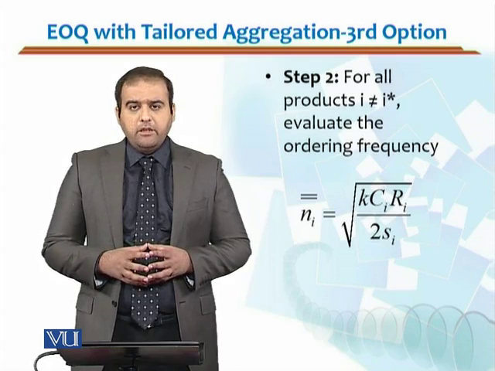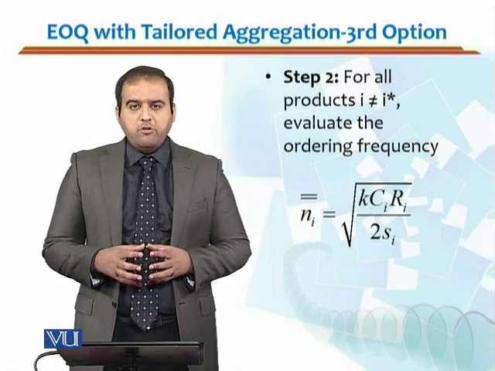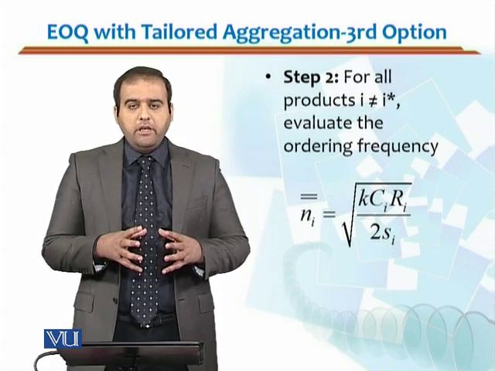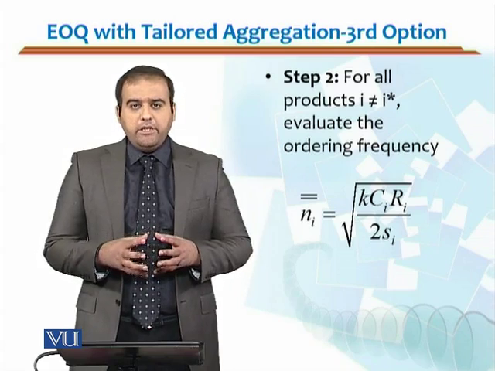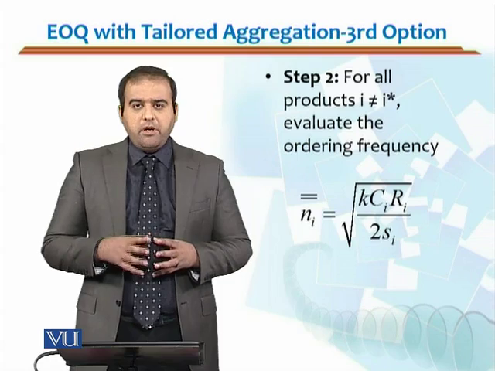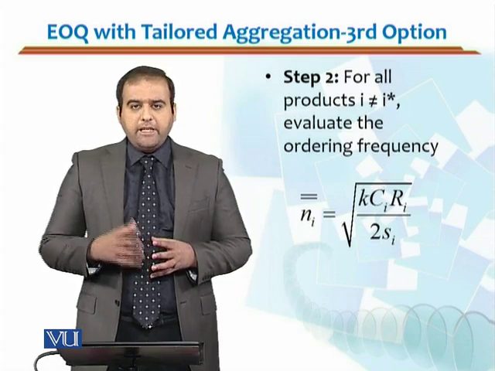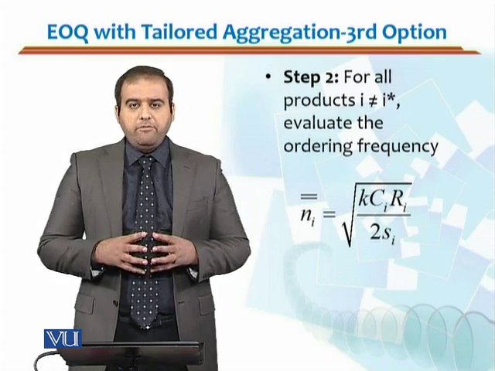If you can see, we have excluded the transportation cost. So what will happen? In the first step, we find the ordering frequency when transportation cost is part of every product. In the second step, when we have gone through the first step, we would have found out,